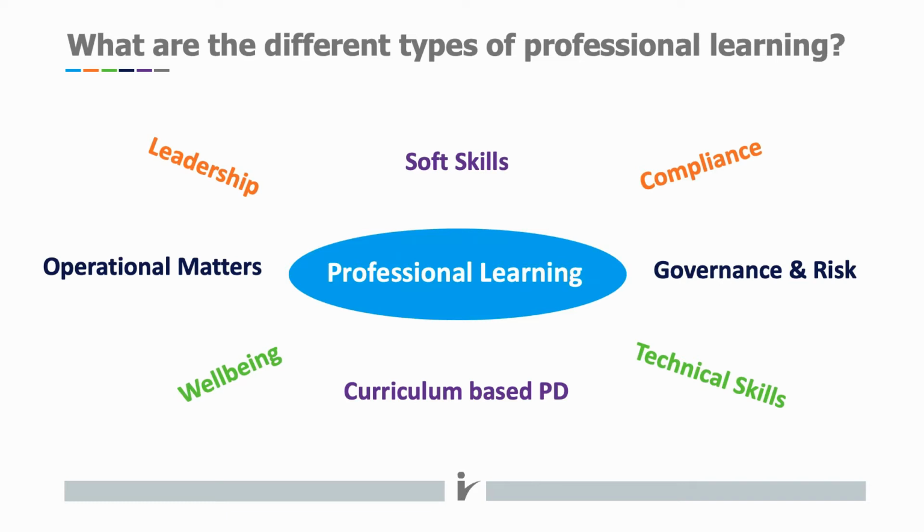Then there's things like first aid for staff, how to deal with student health and safety issues such as anaphylaxis and asthma, and of course, excursion management. Then of course you do have governance, risk and compliance related training covering areas such as privacy and complaints. And that's on top of all of that curriculum-based PD for teachers. So the most important aspect here really is to drill down and understand what you're training, what you might not be training staff in, and why.